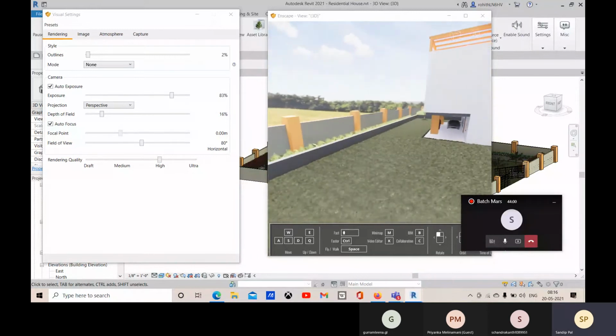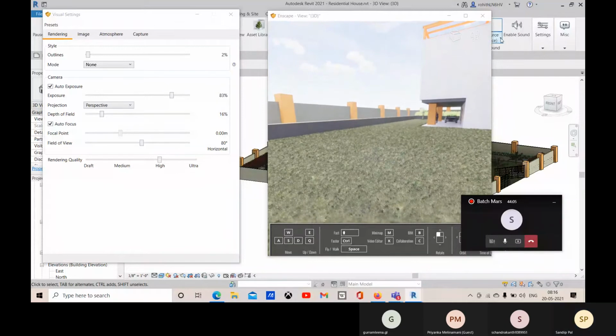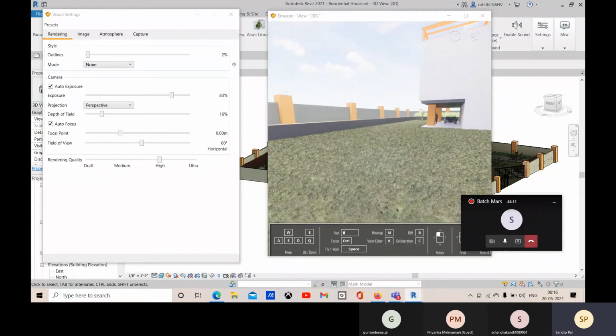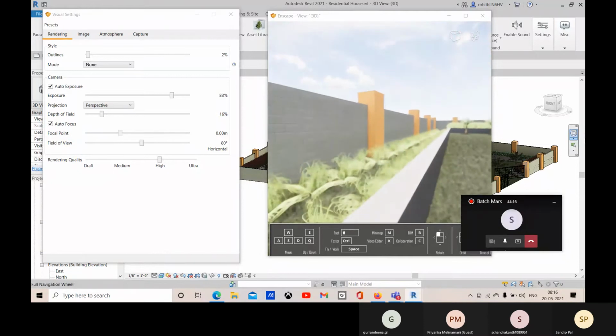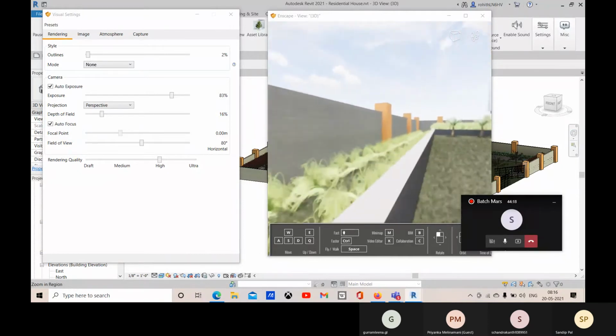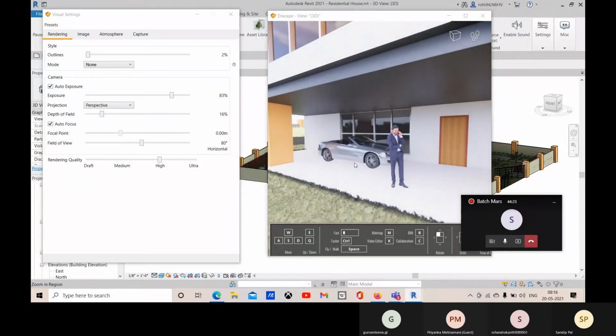I'm rotating with the right mouse button and then space. So I'm right now in work mode. And here we have some autofocus option. So let me come to this model. Now we have some autofocus option, about the focus and focal point.